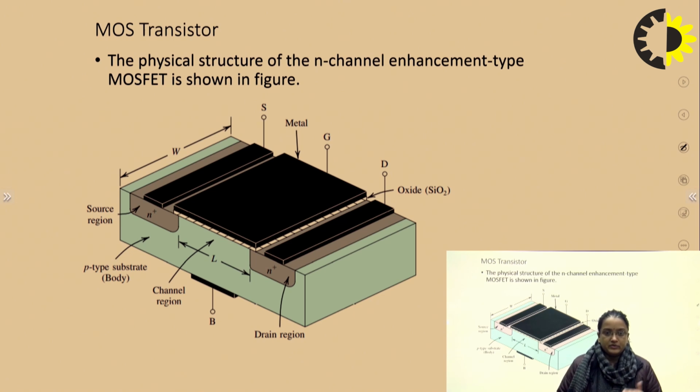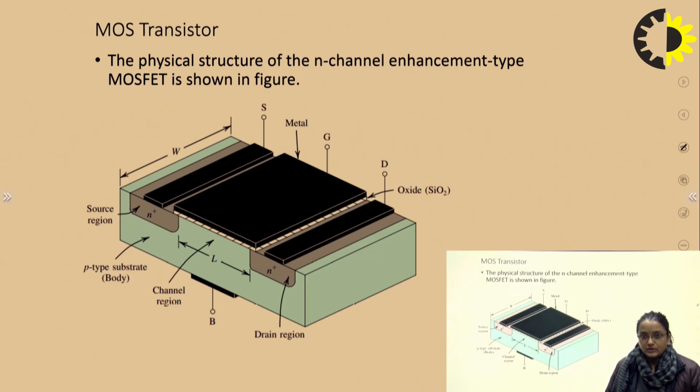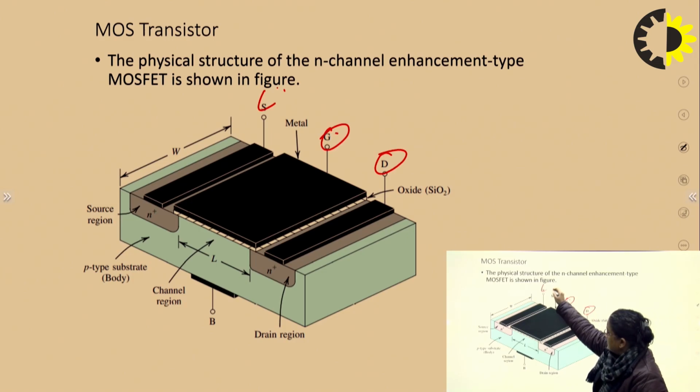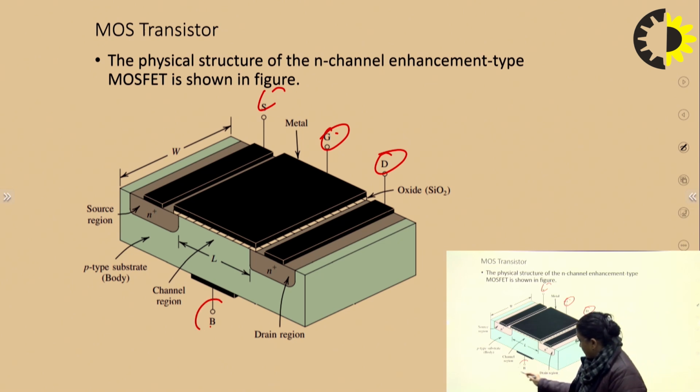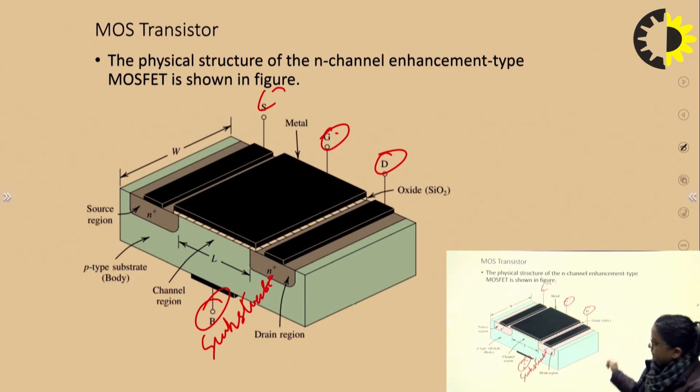But if we compare it with the JFET, that is junction field effect transistor, then it differs from MOSFET because JFET is a 3 terminal device in which we do not consider the 4th terminal, which is the substrate terminal. So starting with this MOS, this is a 3-dimensional view, and as we are seeing, this is the gate terminal, this is your drain, this is the source, and this is the body terminal, which we call the substrate. So these are the 4 terminals.